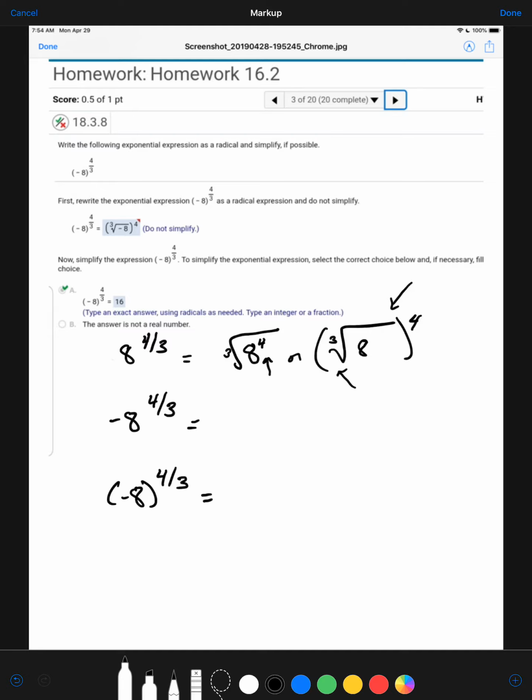Okay, so on the next one, the important thing to note is that the negative sign is completely separated and has nothing to do with what's being taken to the power. The negative is not being taken to the 4/3 power. So what happens is I can rewrite this either way that I have already written it above and just tack that negative sign on. Or I could do this, stick the negative sign on in the front, because the negative is separate from what is being taken to the